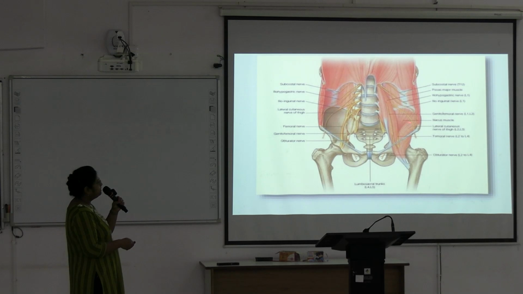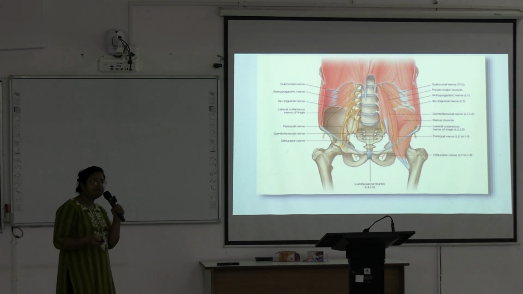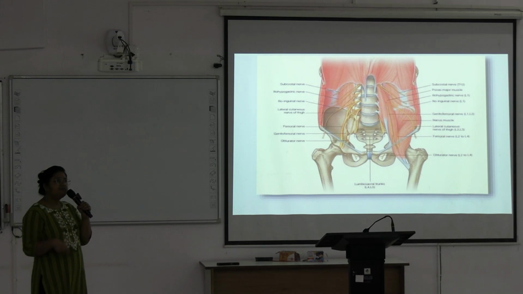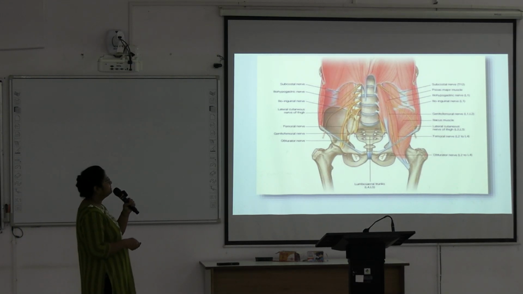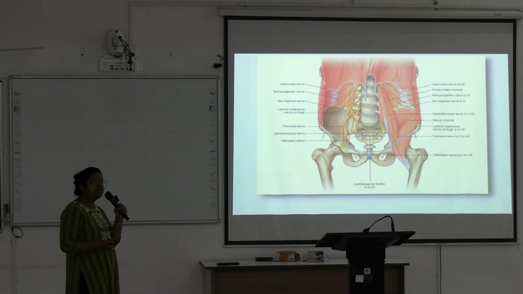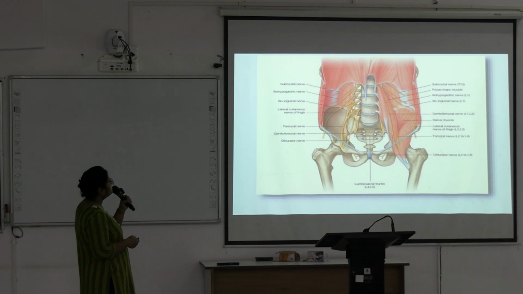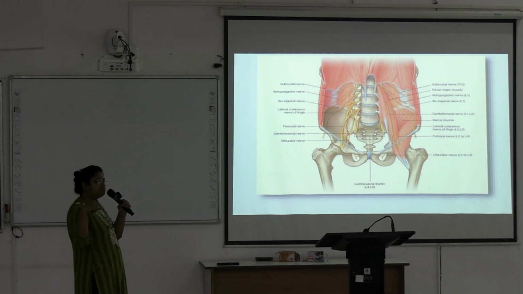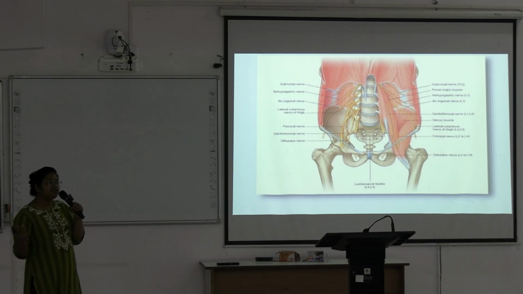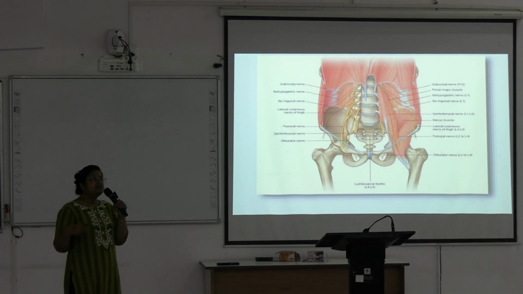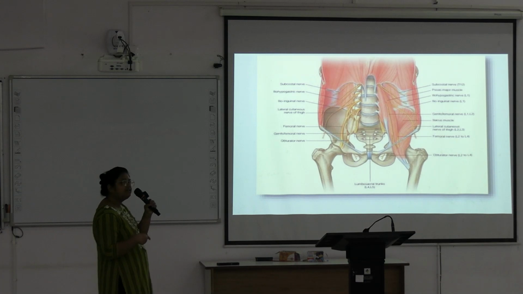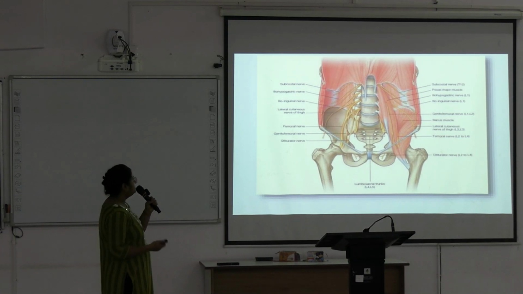It is again divided into 2 branches, genital branch and femoral branch. Femoral branch entering into the femoral sheath and genital branch entering into the inguinal canal. And this ilioinguinal nerve also pierces through the roof of the inguinal canal, enters into the inguinal canal, then passes through the superficial inguinal ring and supplies the genital area. Okay. Next.